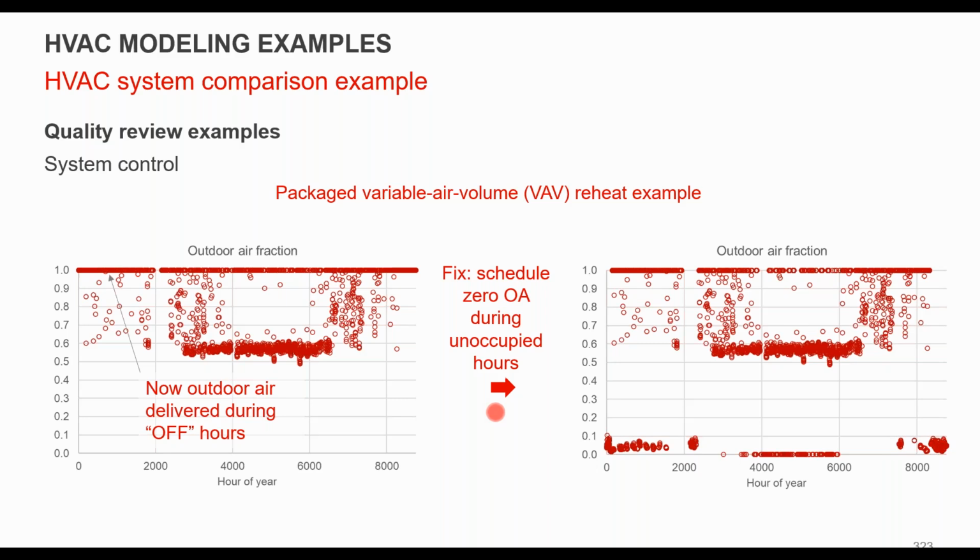Jose asked, what are factors that may affect the total unmet hours? There are a lot of things. It could be that you've undersized the system. I'd say that's fairly common, both on the air side and in the capacity of coils, like whatever heating and cooling equipment is in the zone. Minimum box positions on VAVs tend to cause a lot of problems with that. Those are the most common ones, but it very much depends on what you have.